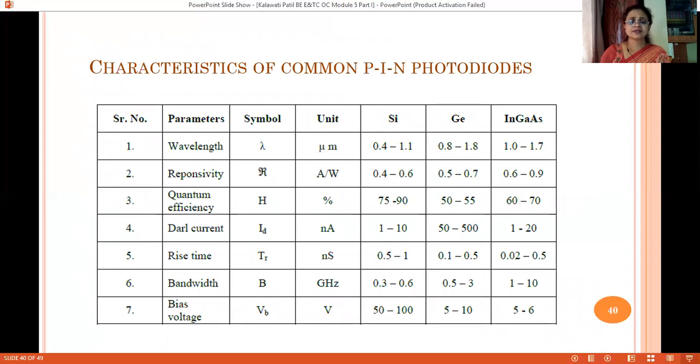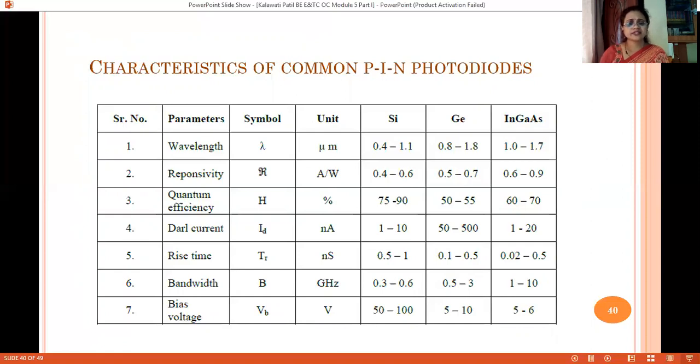Here, for additional information, I have brought a comparative chart of these three PIN photodiodes, silicon, germanium, and indium gallium arsenide, based on various performance parameters. So you can compare based on the operating wavelength, and as expected, for indium gallium arsenide the operating wavelength range is broader compared to silicon and germanium.